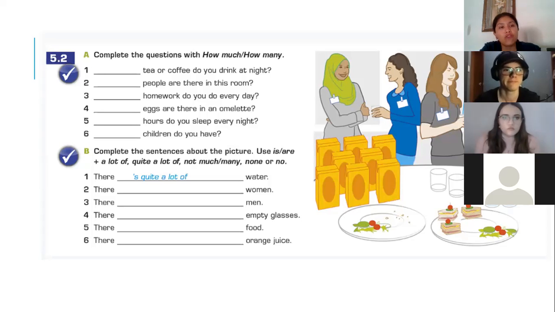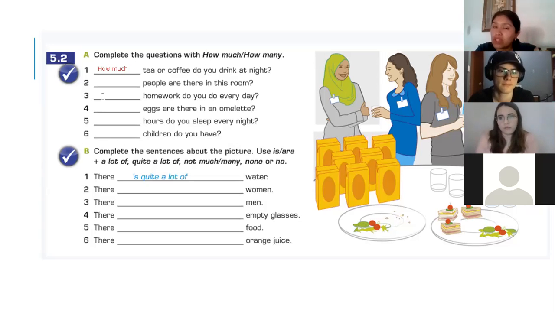How much. Fuera de este contexto, también hay que recordar que how much también se utiliza tanto para contables como no contables cuando estás preguntando por el precio de algo. For example, how much is this computer, for example? Or how much is the cheese? ¿Cuánto es el queso? O sea, los dos pueden ser contables o no contables cuando hablamos de precio. Cuando hablamos de cantidades de cosas, entonces estamos utilizando much for uncountable y many for countable, okay?